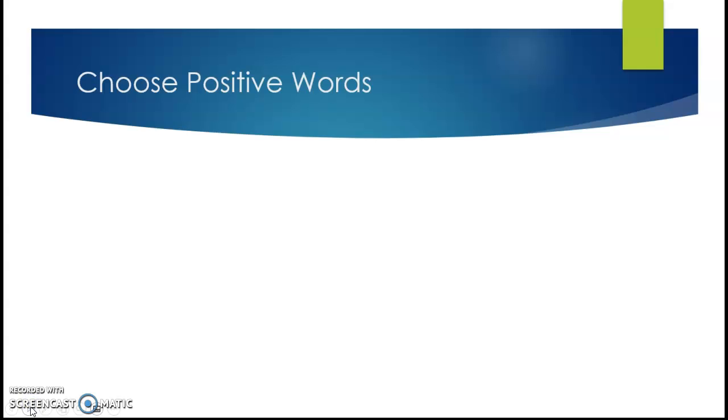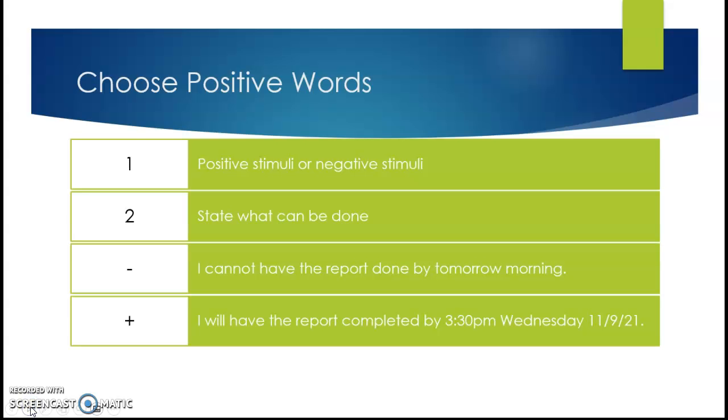Okay, so the other thing we need to remember as we are using the indirect strategy. Now this is resurfacing. We've worked on this prior in the term. Choosing positive words. When we are sending negative news, we have to give somebody news they do not want. So the stimuli of a negative word versus a positive word can greatly alter the emotional component of that. So whenever possible, we want to take away negative words and replace them with positive, and then state what can be done. So let's examine a scenario here.